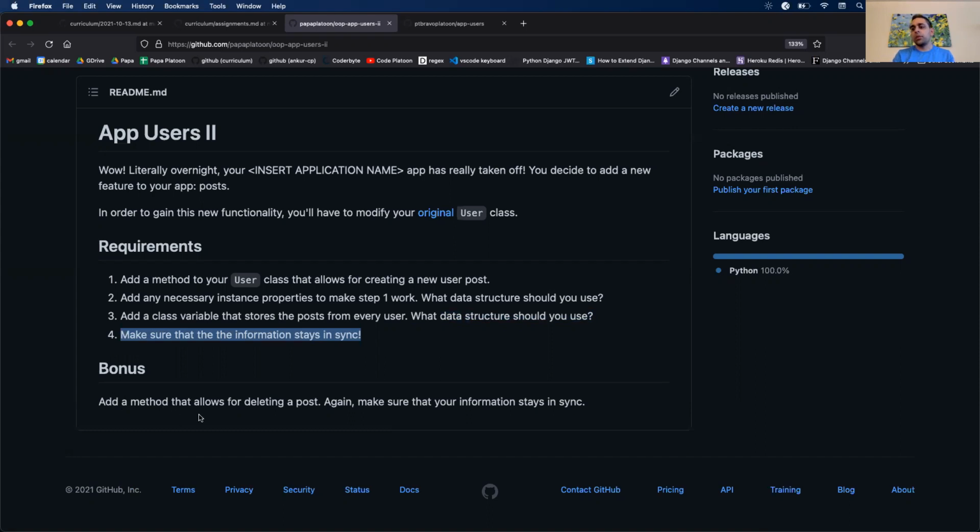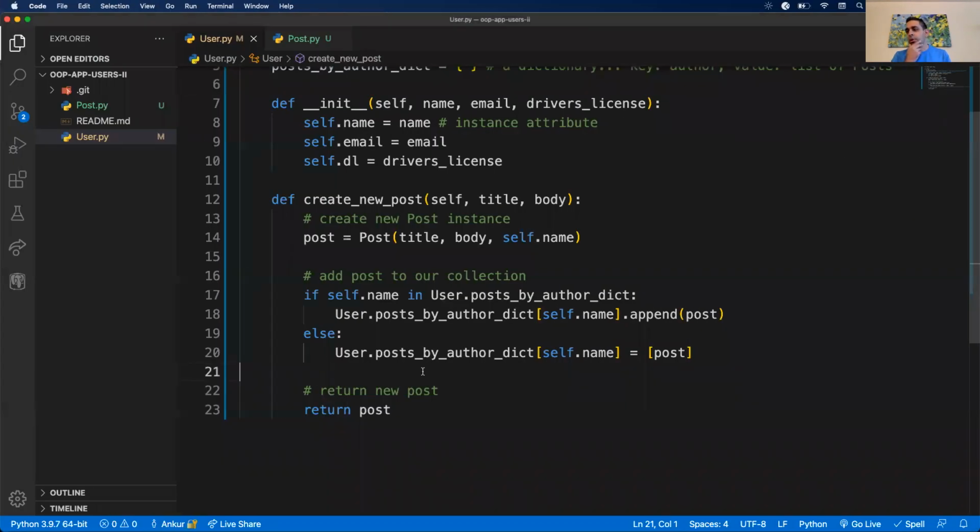All right, bonus. Add a method that allows for deleting a post. Again, make sure that your information stays in sync. All right, so deleting a post. I assume we'll be deleting by title. Normally speaking, especially when we get into data modeling and databases, you'll, for the most part, always have an ID because titles aren't as reliable and not easy to look up. But we'll do it by title, assuming that each title is going to be unique, right? It's theoretically possible that 2 different articles could have the same title, but we're just going to ignore that case for now. So let's create a runner file,